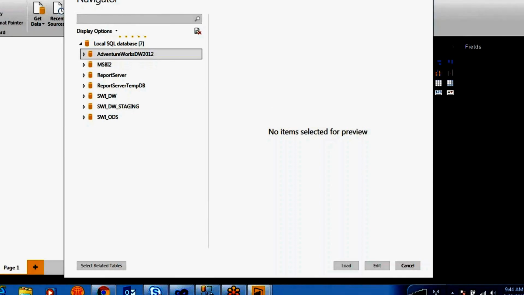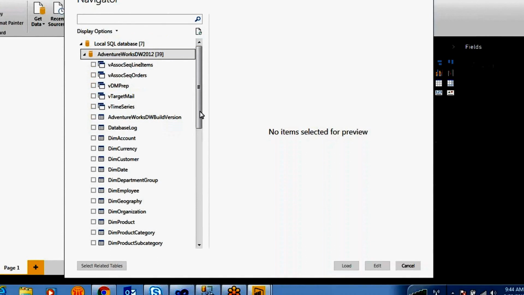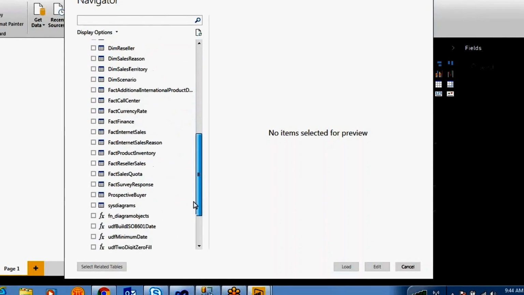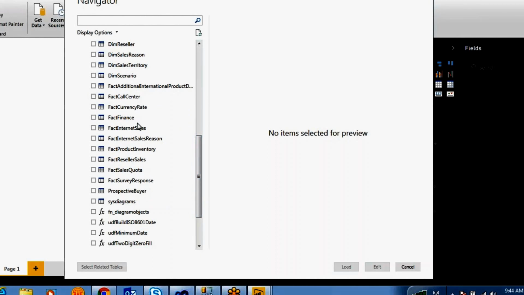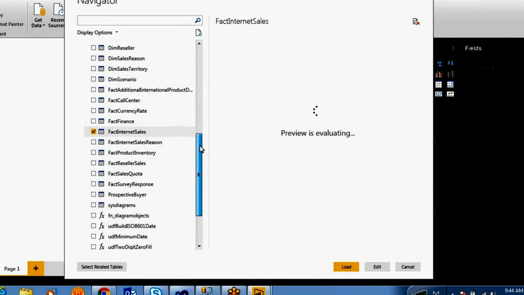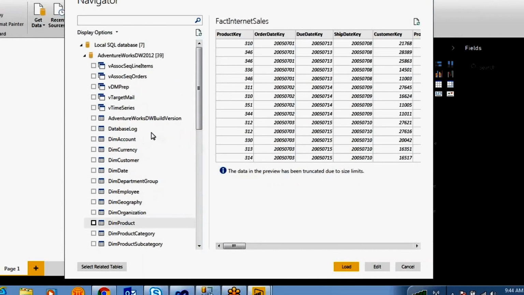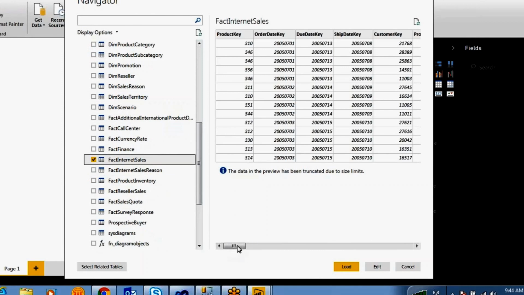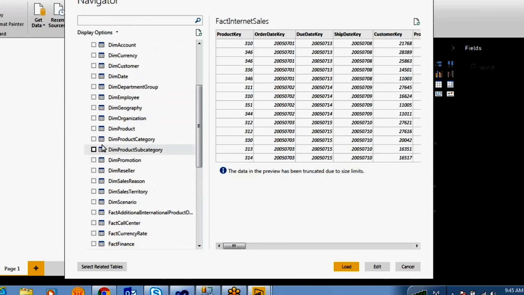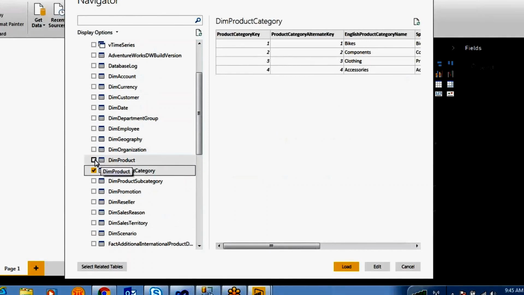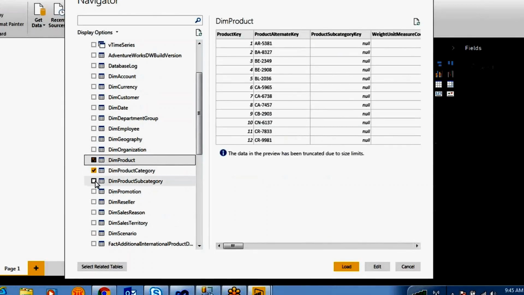Take the AdventureWorks data warehouse 2012. Inside, I'm going to take fact internet sales, and you can take dim product category, dim product and dim product subcategory.